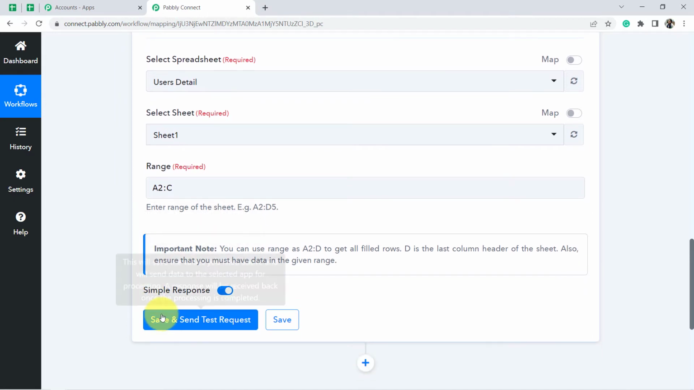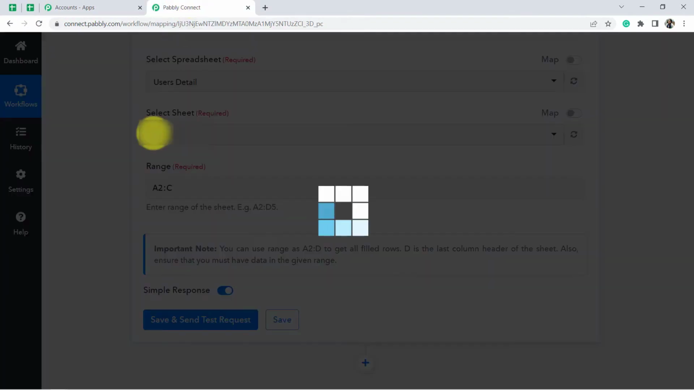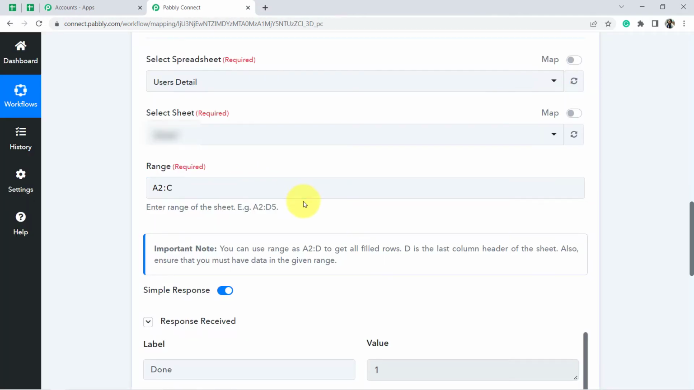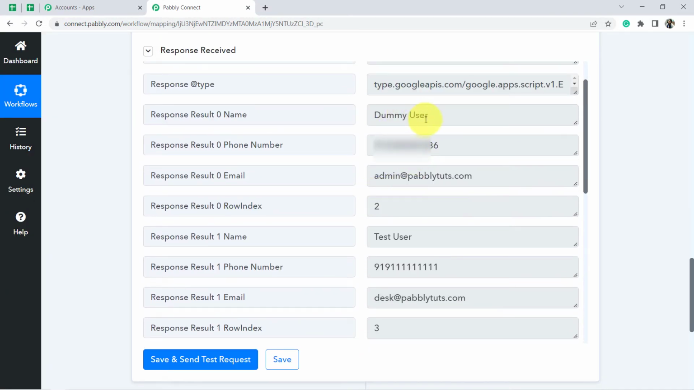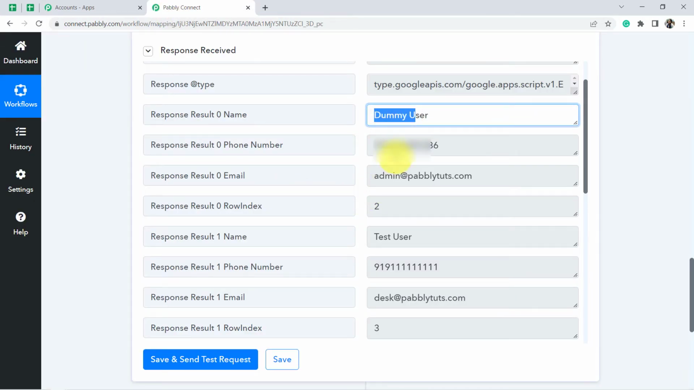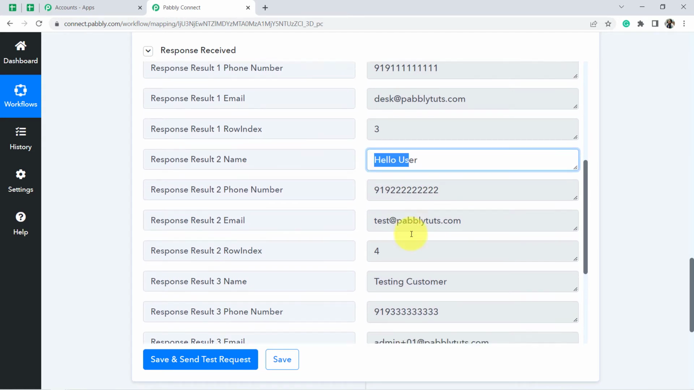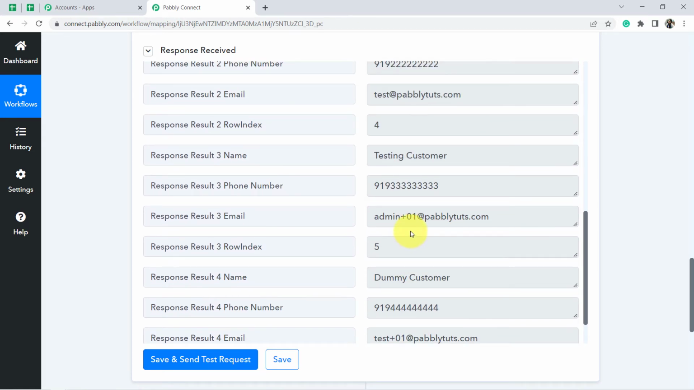Now click on save and send test request, and you will see this data will be captured here in our Pabbly Connect. Let me show you. You can see the first entry was the dummy user, here's the number, here's the email address. Second entry was the test user, third entry was the hello user. Go back and check, dummy user, yes. Second is the test user, third is the hello user, and you can see all the data has been captured